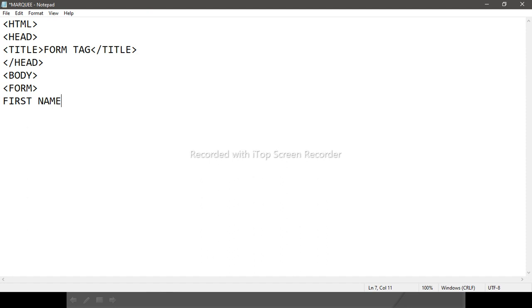First name. Okay. Then first name. Then you put this. Okay. Now you will write what here? Input type. It is input type. Don't write form type. Input type. Okay. Input type is equal to text. Okay. Let's write here text. Okay. Sorry, I wrote type. It is text. Okay. The attribute name is text. Okay. Then name. Okay. Name is equal to first name. Okay. So this I have written.